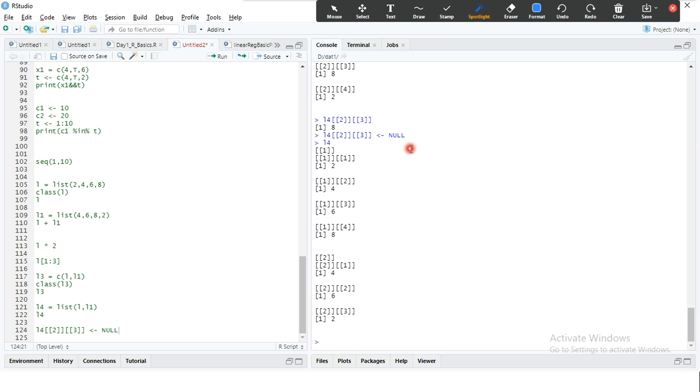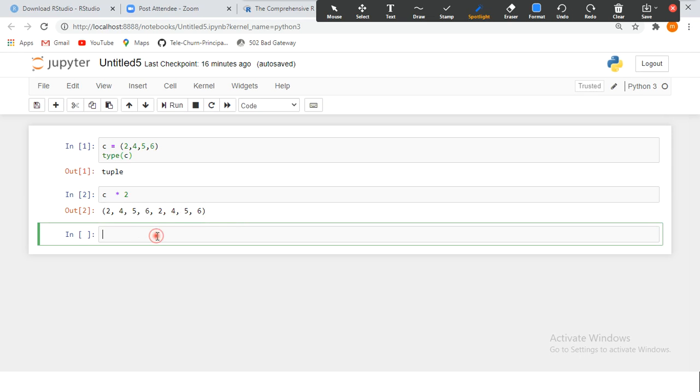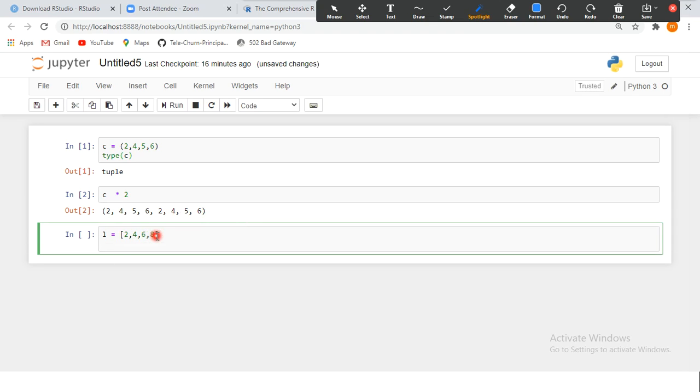How to remove an element from a list? Using NULL. But in Python, how do we remove a value from a list? Supposing you have L equivalent to square bracket 2, 4, 6, 8, and I want to remove 2 from here.